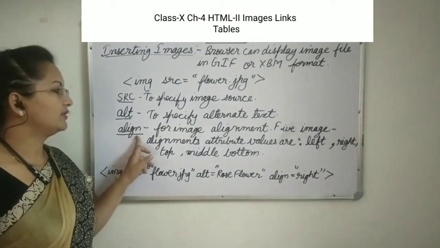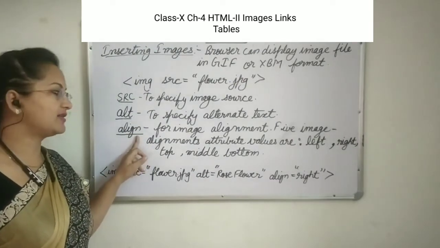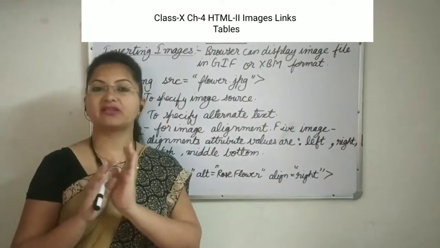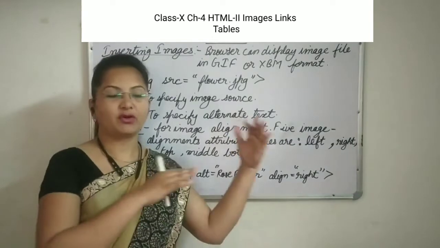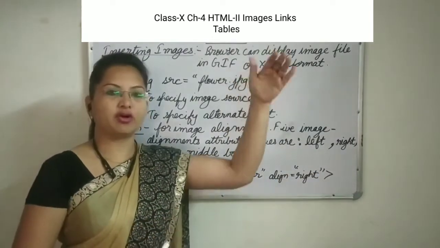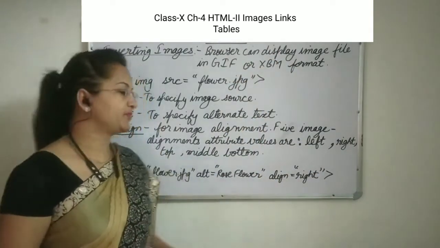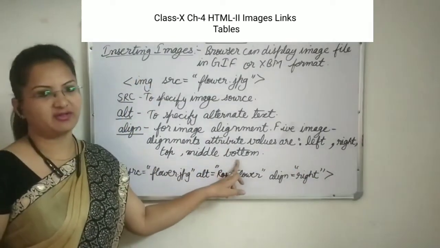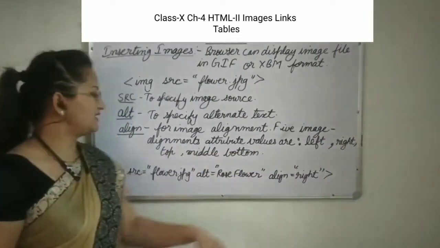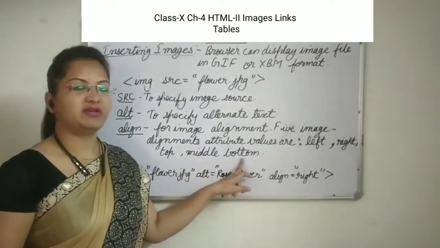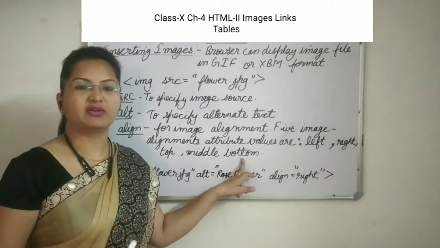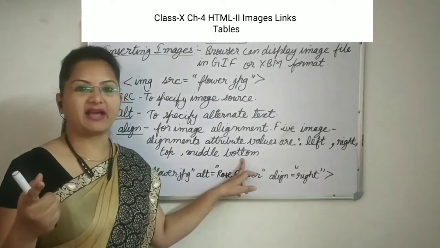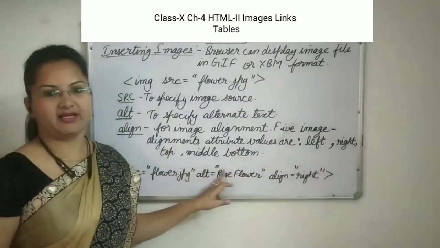Now, we will use the align attribute. The align attribute is used to align the image somewhere in the web browser, like to the left side, or to the right side, or top, middle or bottom. So here, students, we have 5 types of alignments for images. What are those? Left, right, top, middle and bottom. Center alignment we cannot use here. For that we have to use the center tag separately. We can use the center tag, but we cannot write center in the alignment.